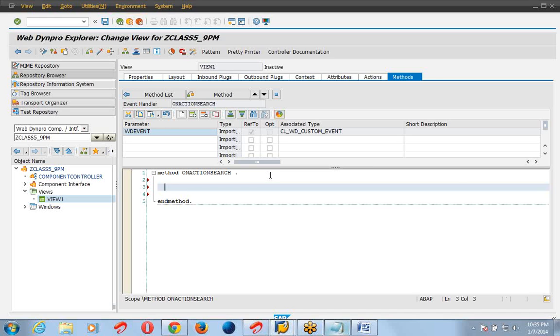For that, wd_comp_controller. I have created the get data method.